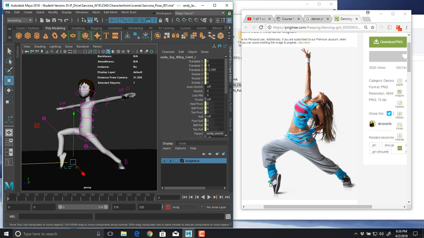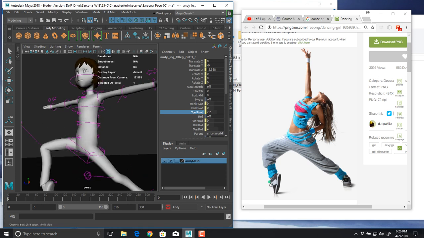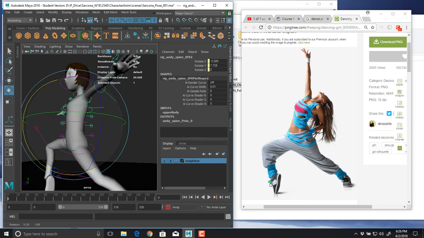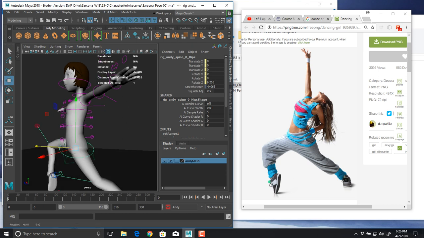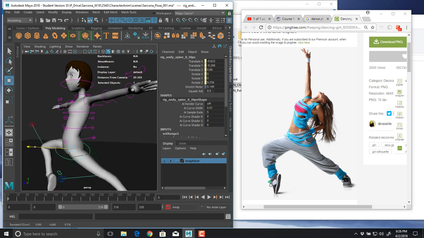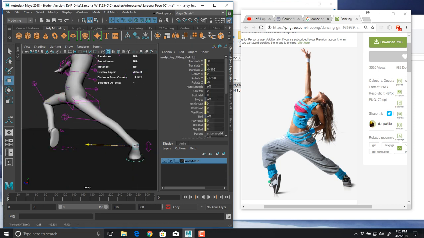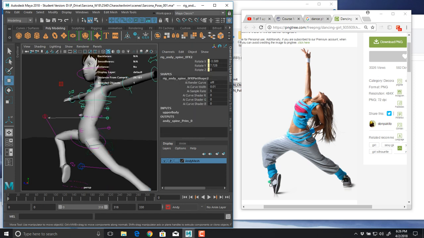There's also a toe pivot that allows me to twist where the toe is at. So that's why I use that toe roll, so I can use these other controls with it. Okay, so that's good there, all right? So then I'm going to go to the other spine controls and just start to create this. Now it looks like Andy's hips are actually pushed forward a bit like this. And then you have this arc in the back that you can see right here. This foot's going to have to come forward a little bit because I just locked the leg out. There we go. So I'm going to use these circles to push Andy's body a bit forward, and then start